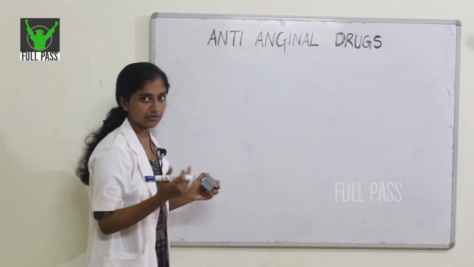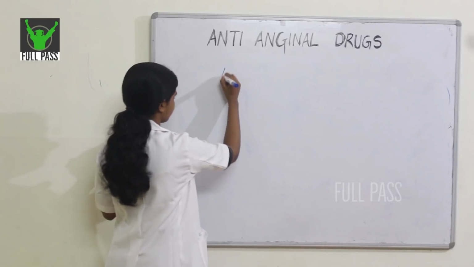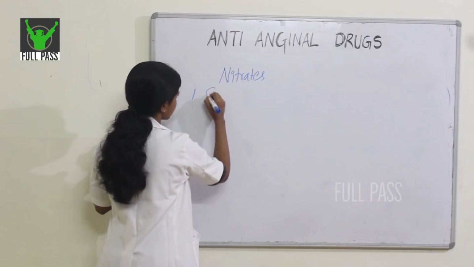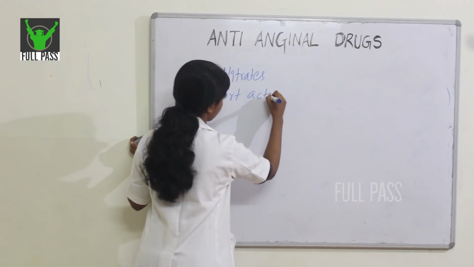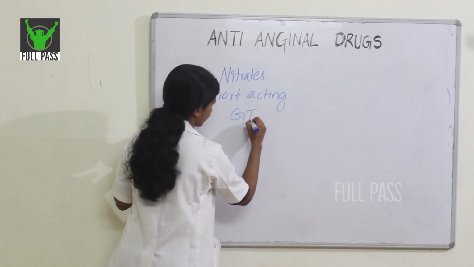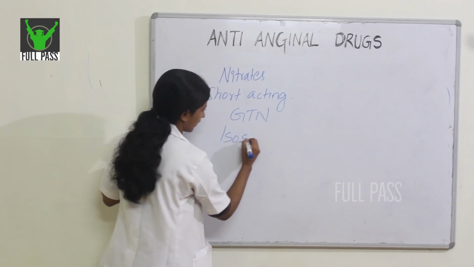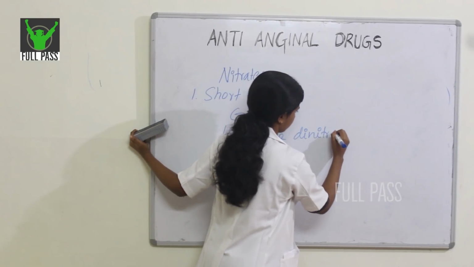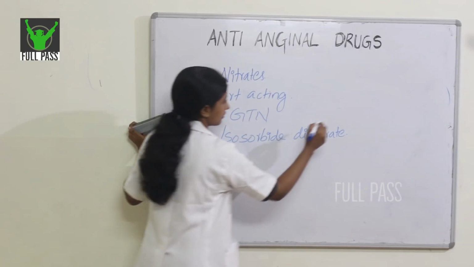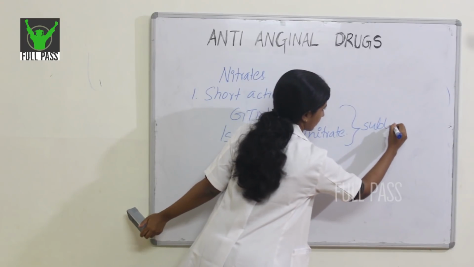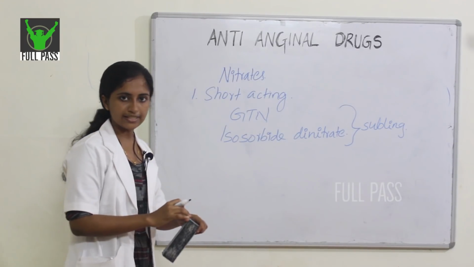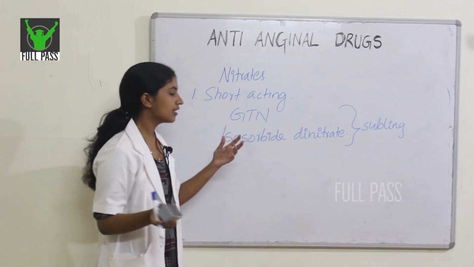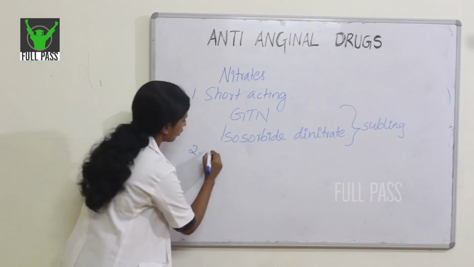Now let us discuss the main classification of nitrates. We have the short acting nitrates, that is glyceryl trinitrate and isosorbide dinitrate, both of which are given sublingually. The importance of giving them sublingually is that it helps to overcome the first pass metabolism, so there will be rapid action. And the long acting ones are